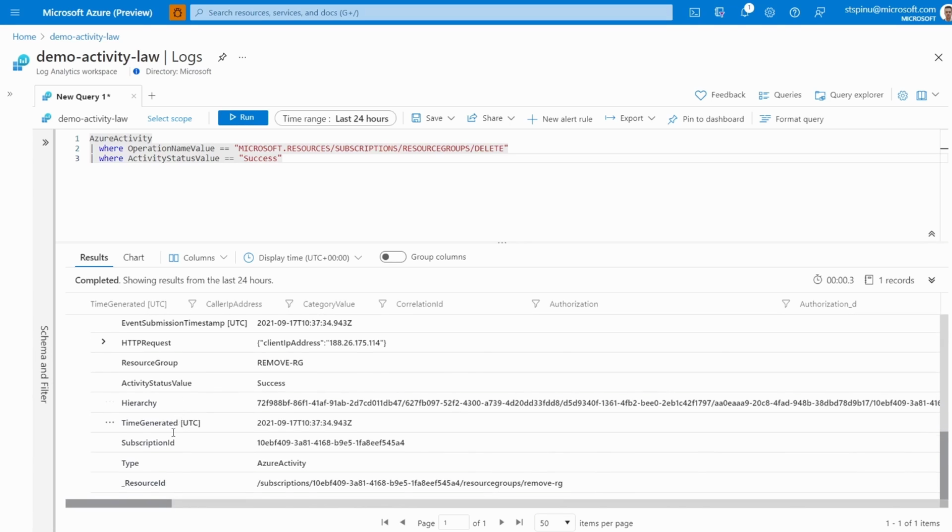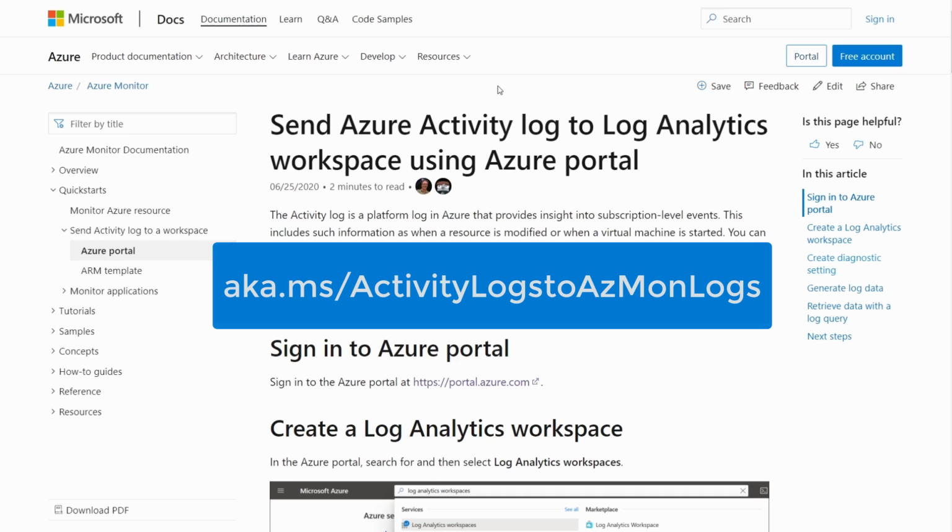or the resource ID. I encourage you to read this documentation article and get yourself familiar with forwarding activity logs